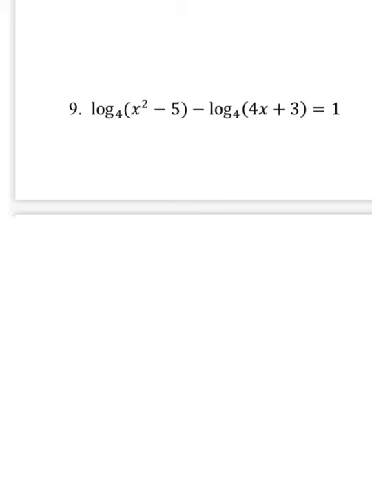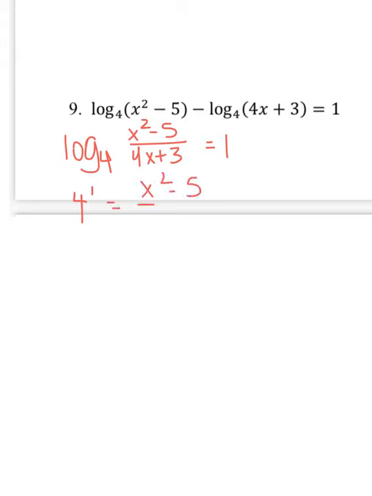Here we have more division. So this would be log base 4 of x squared minus 5 divided by 4x plus 3 equals 1. So start at the base. So 4 to the first equals x squared minus 5 over 4x plus 3. We're going to cross multiply. 4 to the first is really just 4. So you get x squared minus 5 is equal to 16x plus 12,